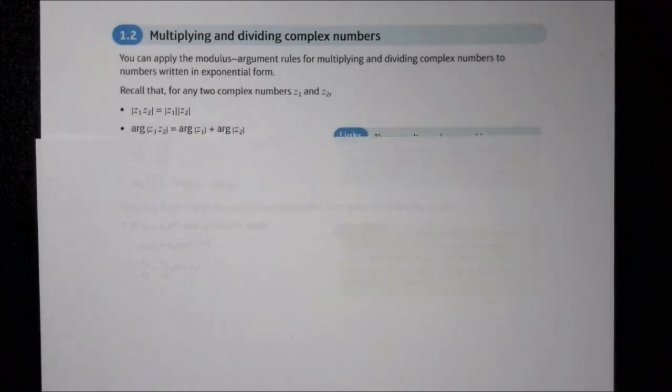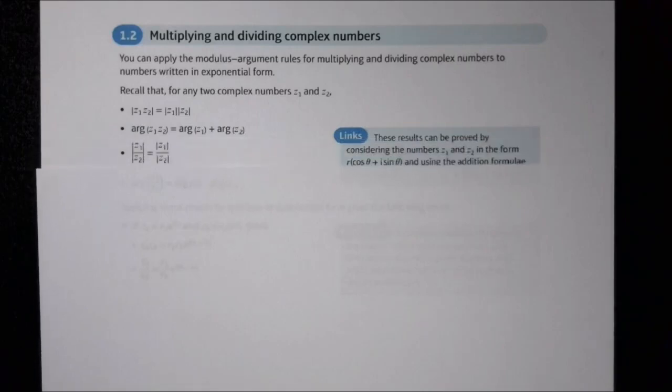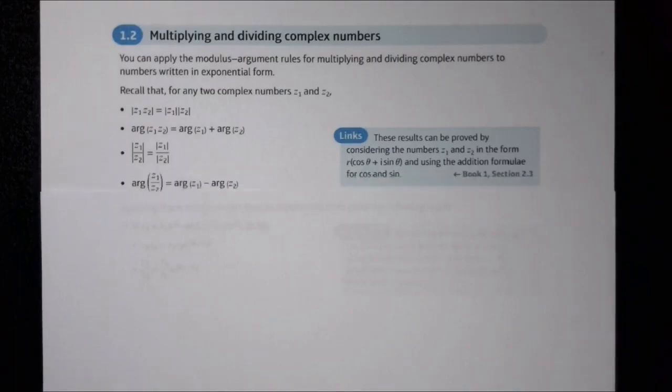And the argument of z1 times z2 is equal to the argument of z1 plus the argument of z2. The modulus of z1 divided by z2 is the same as the modulus of z1 divided by the modulus of z2. And the argument of z1 divided by z2 is equal to the argument of z1 take away the argument of z2. And we proved these results using the addition formulae